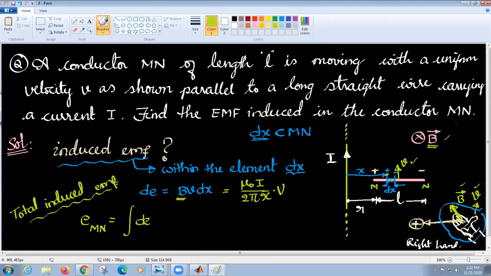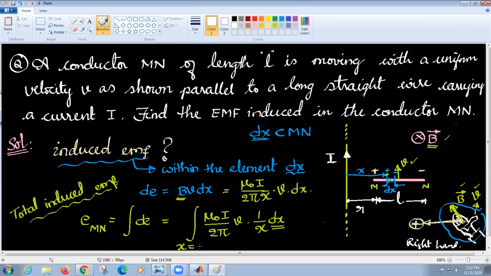So I have v, and also I have dx. So I have mu naught I by 2 pi, times v, multiplied by 1 over x dx. As x is a variable, where is x running from and to?